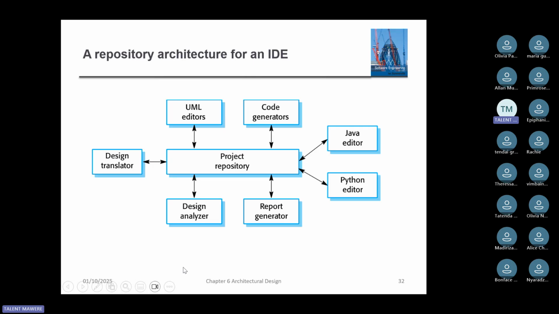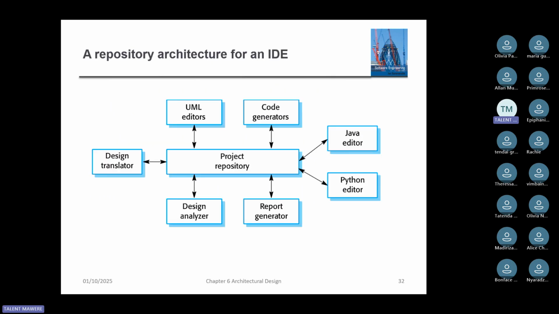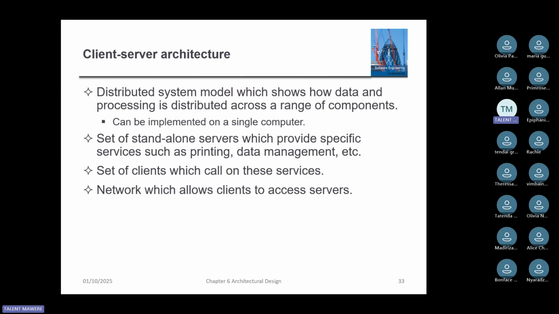That's the repository architecture. Then we have another architecture. This is the commonly used architecture in the development of systems, the client-server architecture. The repository architecture and the client-server architecture are the most commonly used architectures in the design of systems. The client-server architecture, a system model, it shows